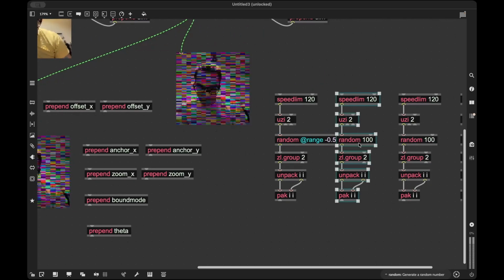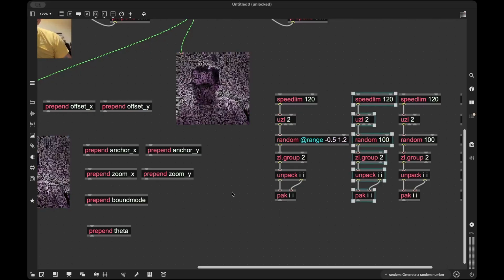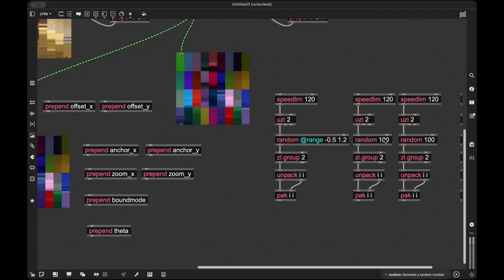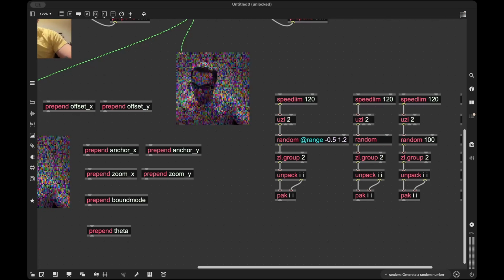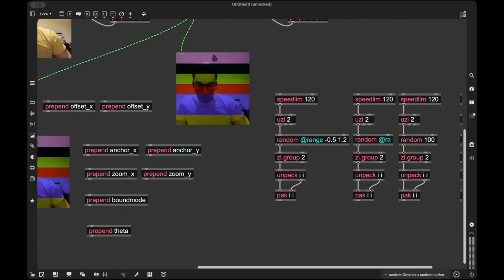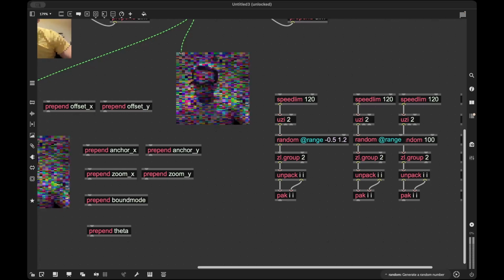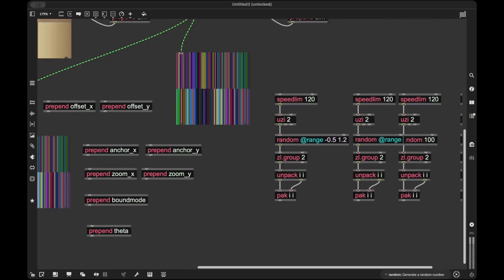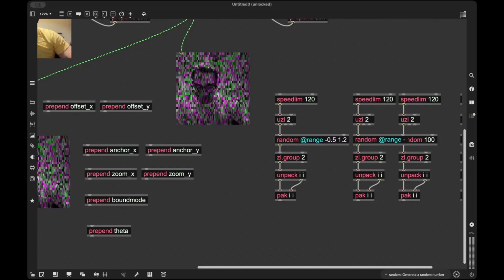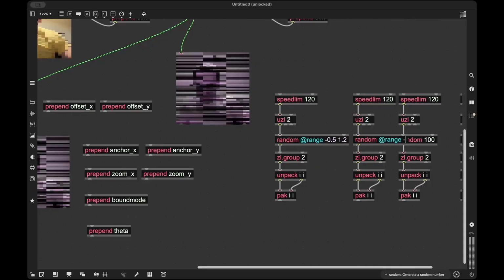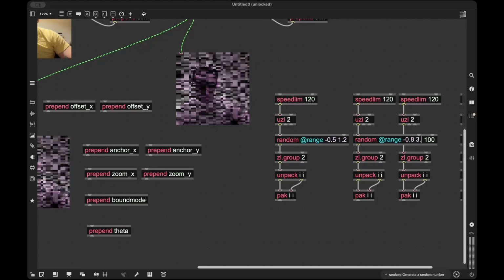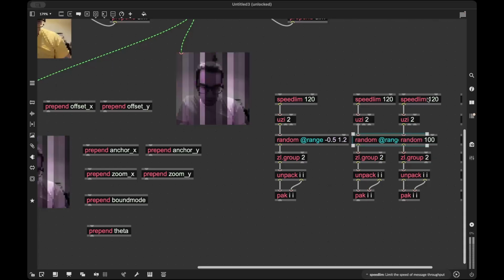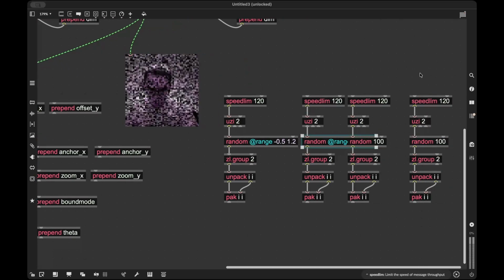Then for my anchors, something pretty similar. I'm gonna put something like minus 0.8 to 3.4, and